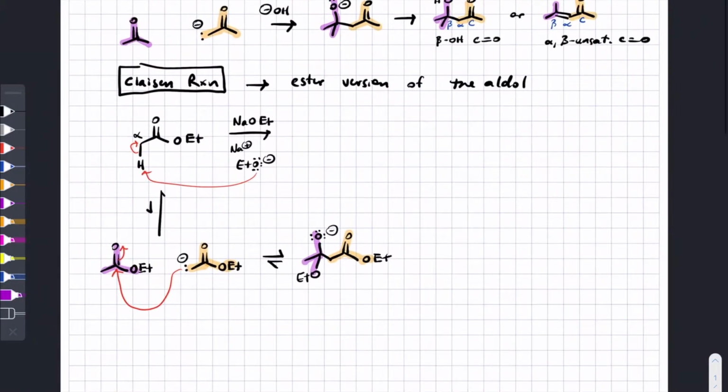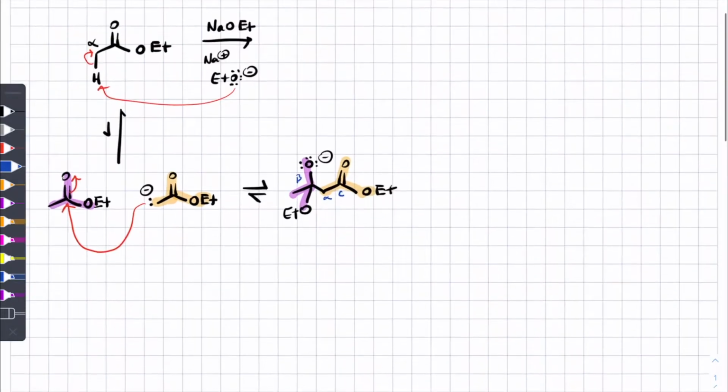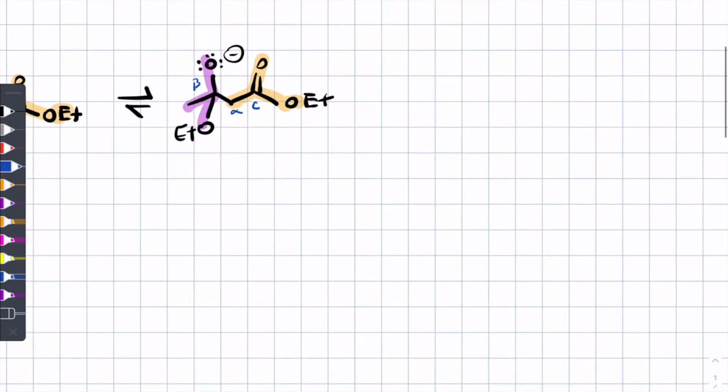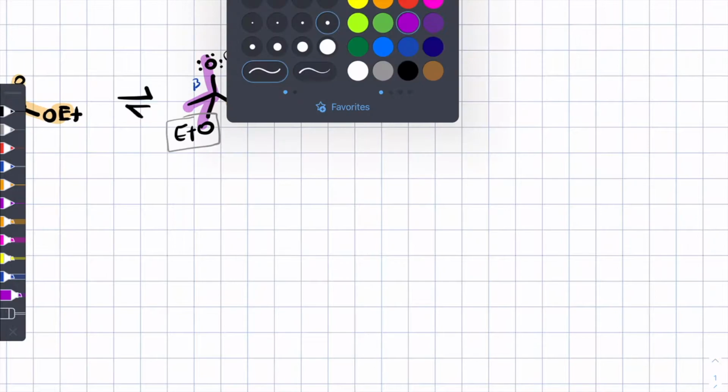Now, as we compare that tetrahedral intermediate with what we had above, the difference is in the aldol reaction, there was no good leaving group on the now beta carbon, right? Whereas in the case of the Claisen reaction, or the ester version of the aldol, we do have a decent leaving group, at least a decent leaving group relative to the